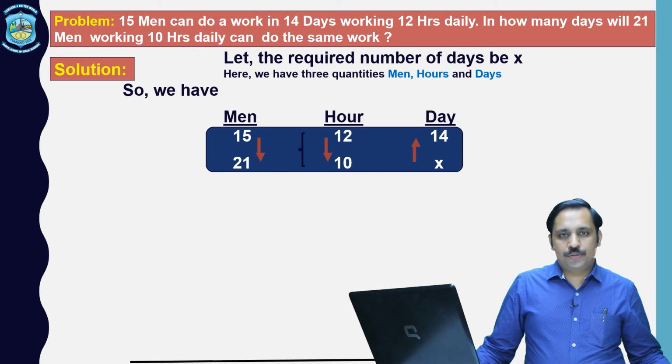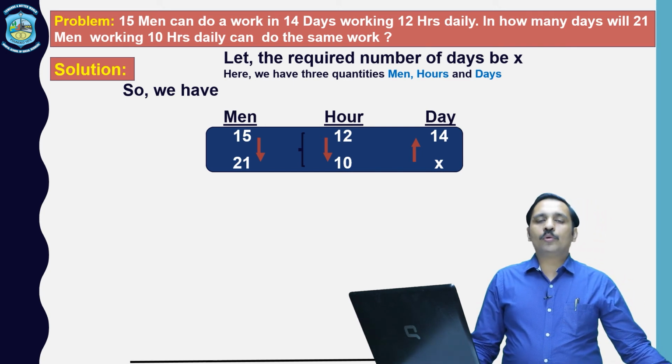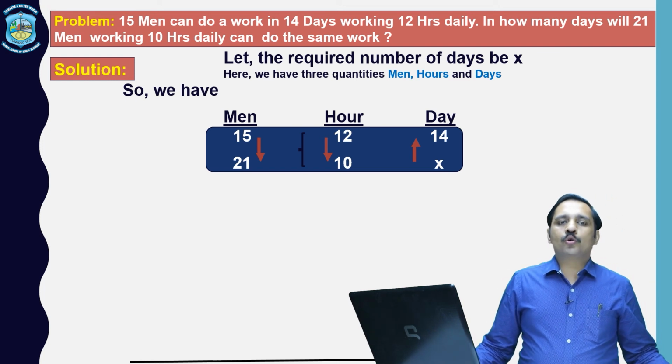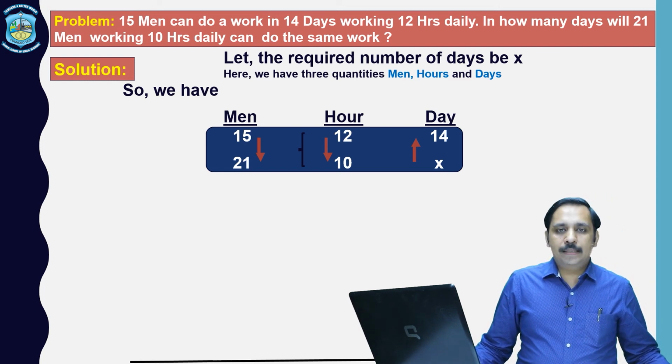Now we put the arrows. We have to compare the quantities with respect to the unknown variable. Here the unknown variable is days, so we will compare the number of men and the number of hours to the number of days. If we increase the number of men, the number of days required is less. That means it is an inverse relationship. So if I put an arrow from top to down, we have to put an arrow from bottom to top